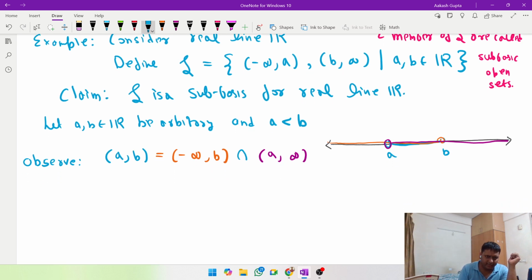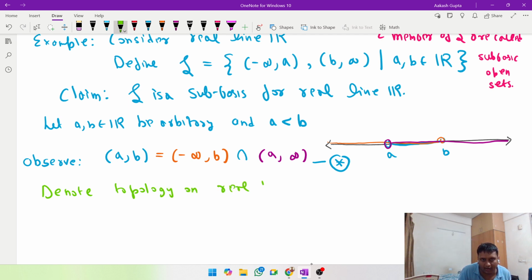So what I wanted to say is, okay, let's have this observation and call it star. So what I have to show is that S is a subbasis for the real line R. That is, I have to show that the topology on the real line R is the smallest topology containing S, right? So let us denote the topology on the real line R by